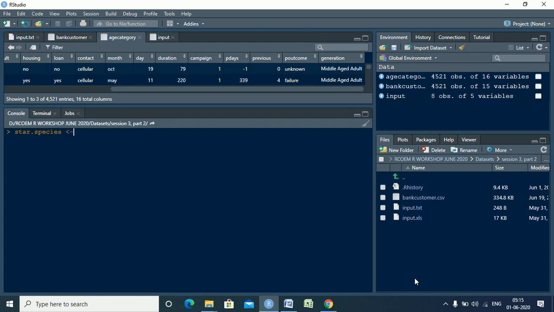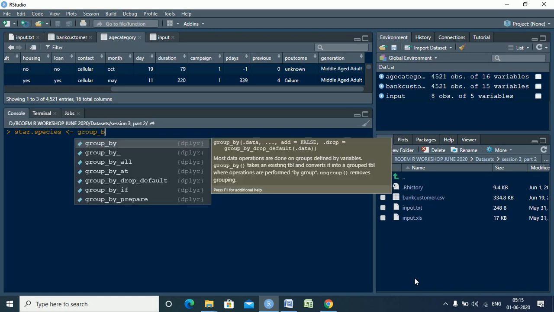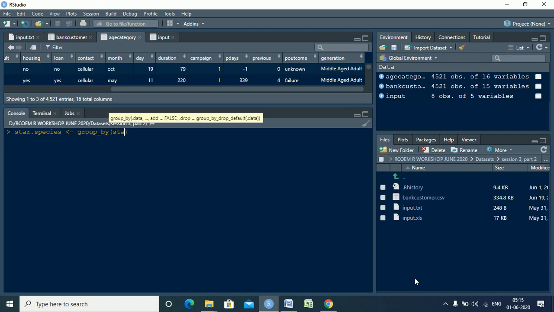I assign star dot species and use the function group by, followed by the name of the data set and the variable according to which I want to do the grouping, right? So this is the name of the data set and this is the column by which I want to do the grouping, and then click enter, right?